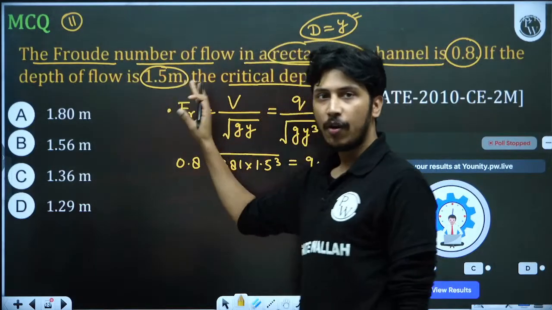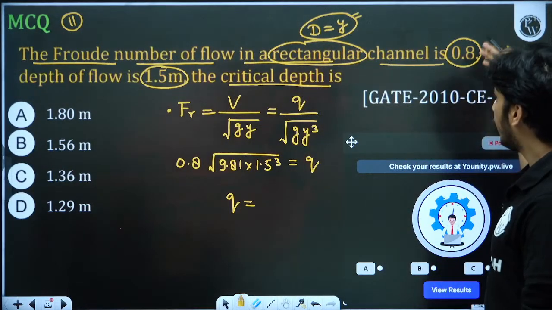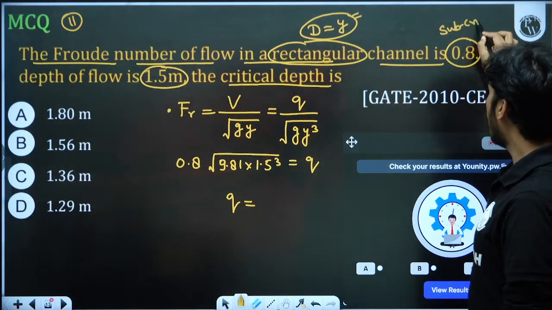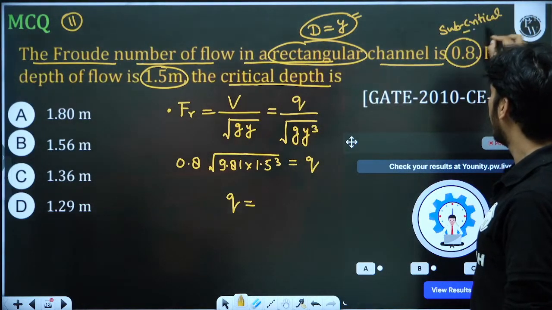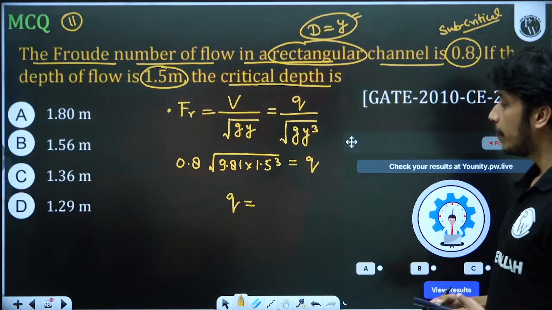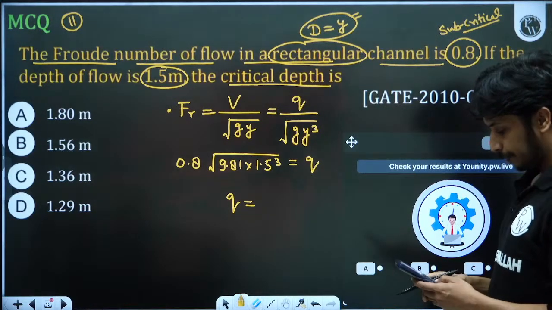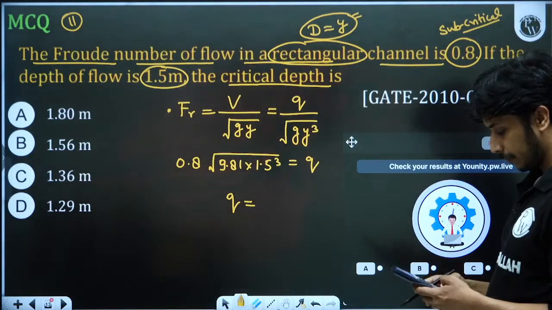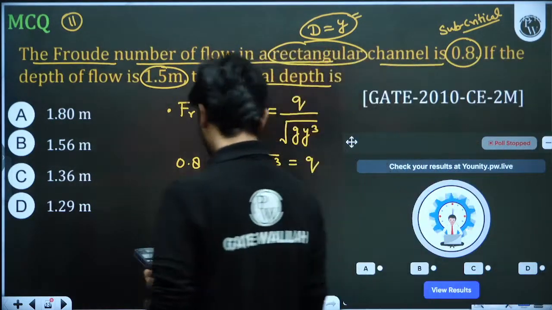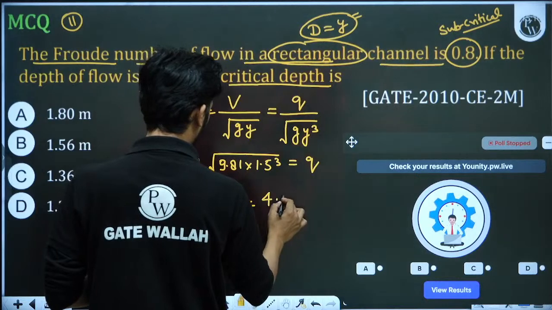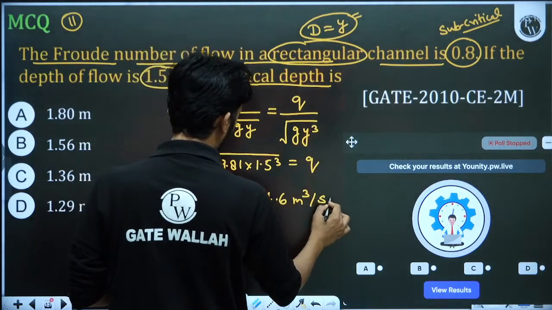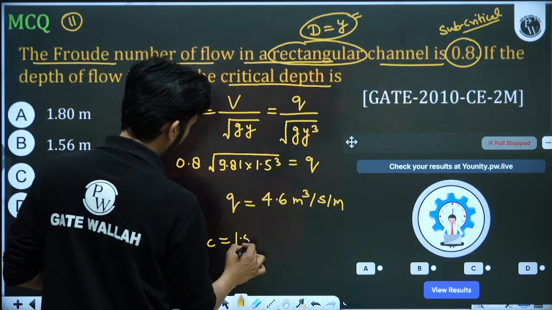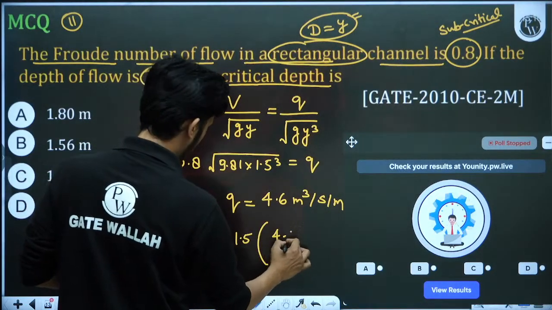तो नॉर्मल जब फ्लो हो रहा था, नॉर्मल यूनिफॉर्म फ्लो, तो 1.5 मीटर डेप्थ ऑफ फ्लो थी और 0.8 फ्राउड नंबर था, मतलब नॉर्मल फ्लो आपका सब क्रिटिकल था। अब ये पूछ रहा है कि जब क्रिटिकल फ्लो होगा, इसमें क्वेश्चन समझ रहे हैं, जब इसमें क्रिटिकल फ्लो होगा तो डेप्थ ऑफ फ्लो क्या होगी। 4.6 मीटर क्यूब पर सेकेंड पर मीटर।